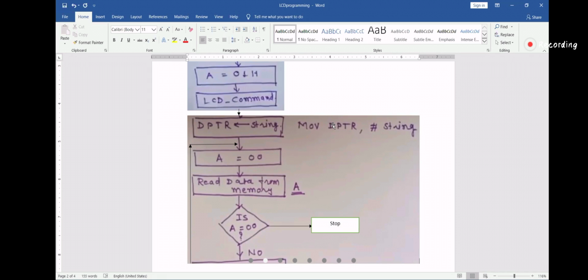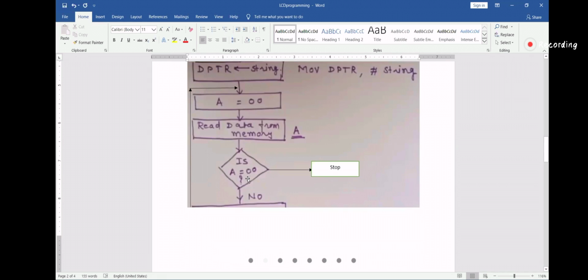Are you getting it? So we'll check, is A equal to 00? If yes, that is the end of the string, so the program will stop.